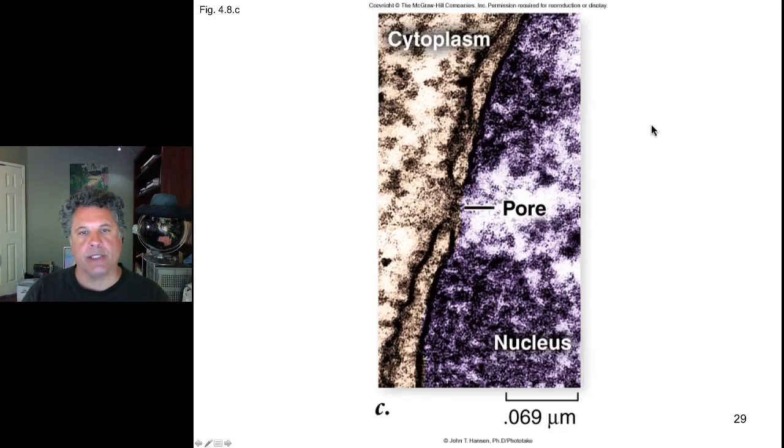And here's a cross-section of that under the electron microscope, falsely colored to distinguish cytoplasm from the nucleus. And here is the chromatin inside the nucleus. Here is a nuclear pore. Here are the double membranes, either side of the nuclear pore. So the membranes are kind of folded around that. There's the opening of the pore, and out here is the cytoplasm.